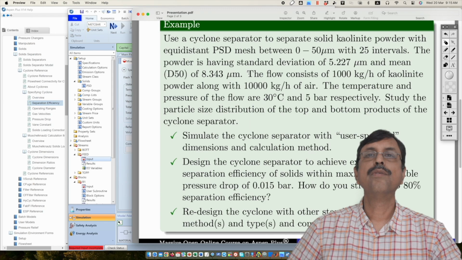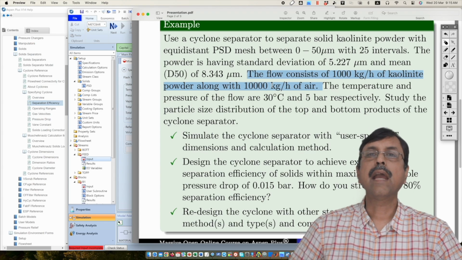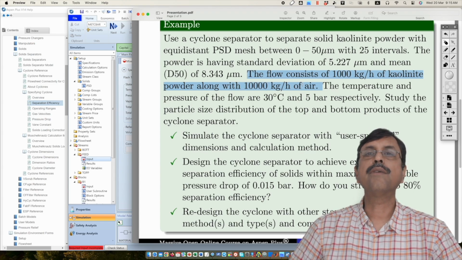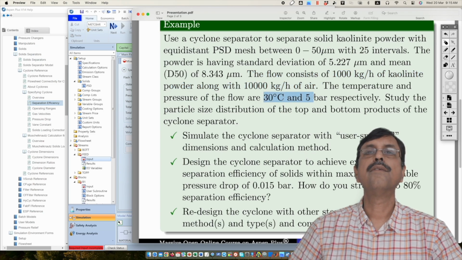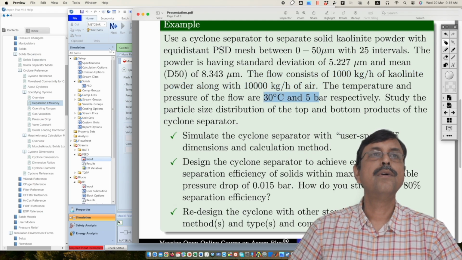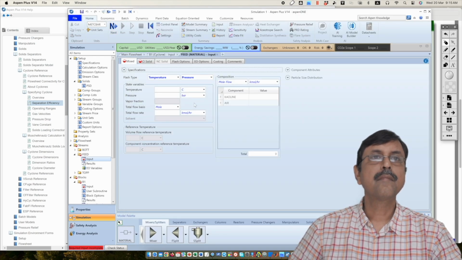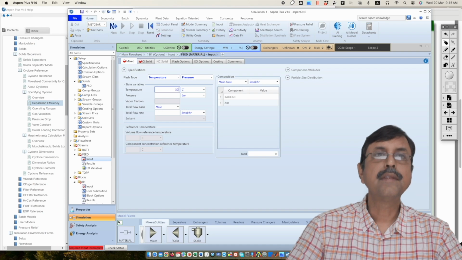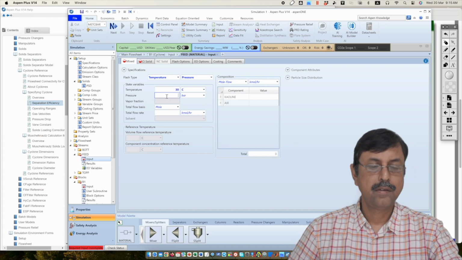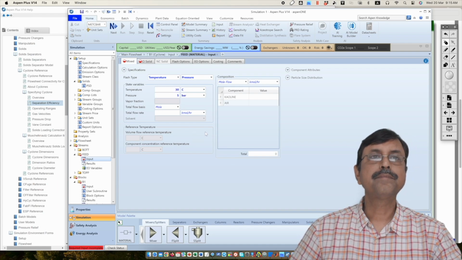So this flow consists of 1000 kg of kaolinite and 10,000 kg of air. And temperature and pressure, they are 30 degrees centigrade and 5 bar pressure. So this is 30 degree, 5 bar,